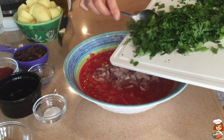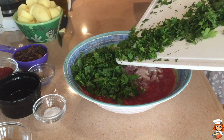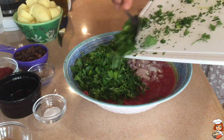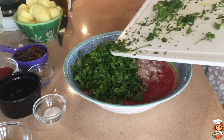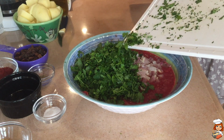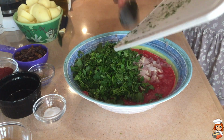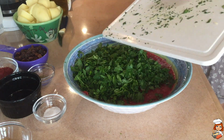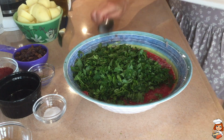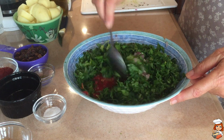Then I have chopped the parsley and the mint, the spearmint, and I'm going to put it all in my filling. The smell of it is incredible while cutting it and putting it in. It's so fresh. It's dried up a little bit, so I'm using my fingers just a bit. I mix it up with the rest,